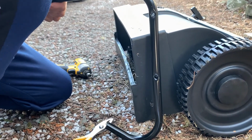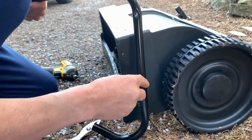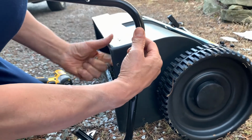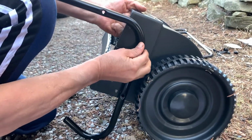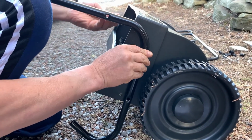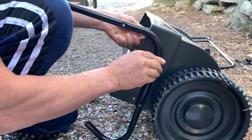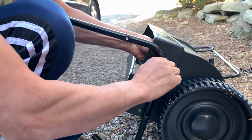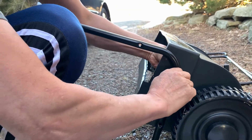So it says put the screw in. Let's do the top one first. Put it in there. Then we're doing the washer in here on the inside, and then the nuts over here. And now